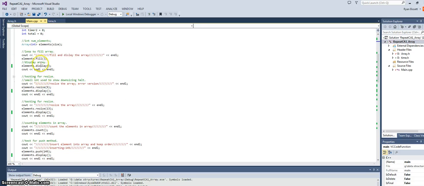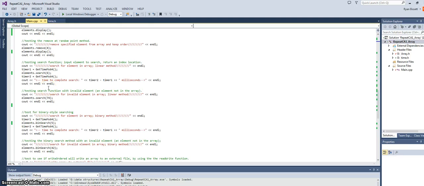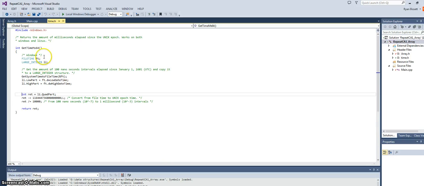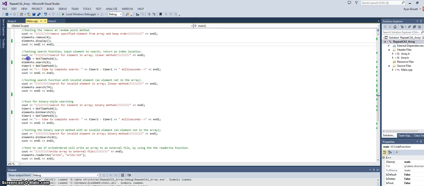So with the timing functions, I'm not 100% sure if this is the correct ones, but I got this code from Stack Overflow for time in milliseconds. So there's all this work now, and then the method I found to call in this was to create two timers and call one of them before calling the function, then call the second one straight after that function, and then just take the first one away from the second one,